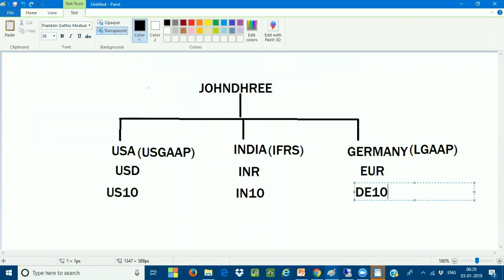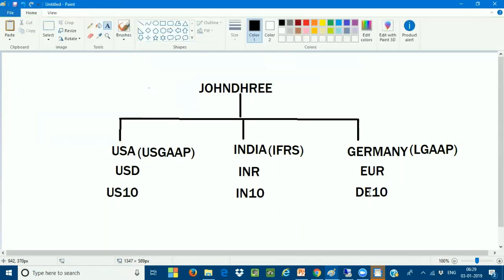In SAP, we call it the company code currency. The company code currency for US10 is USD, the company code currency for IN10 is INR, and the company code currency for DE10 is the Euro. So these are all called the local currencies.